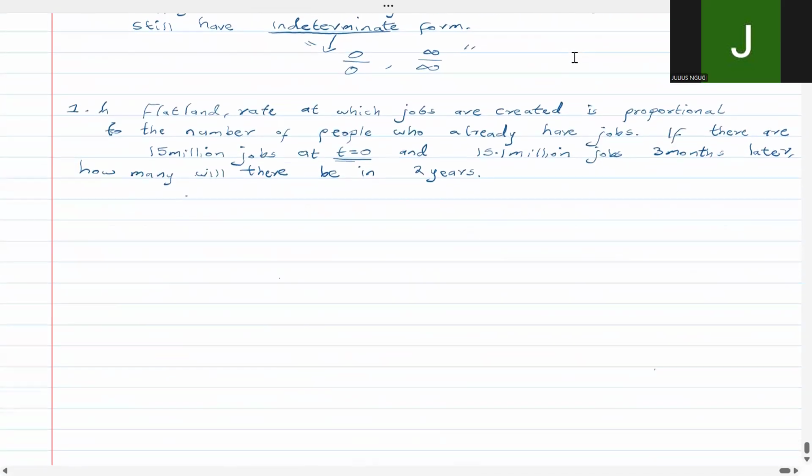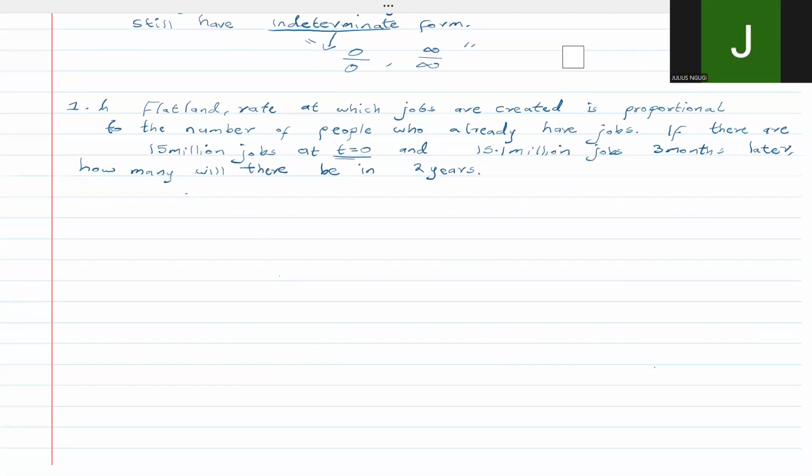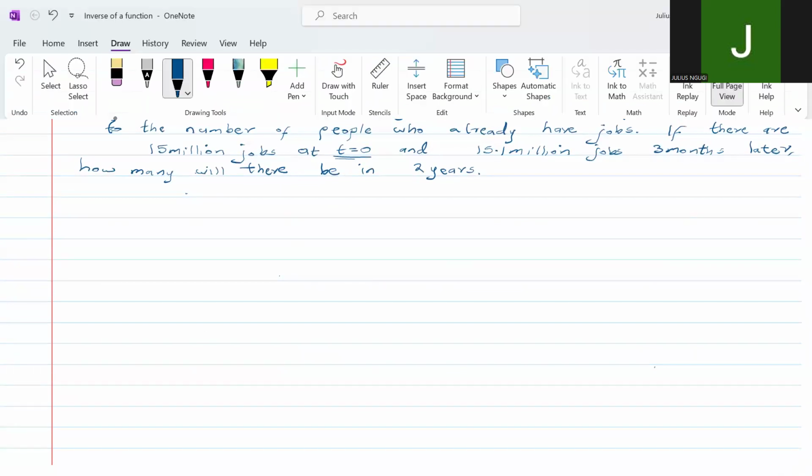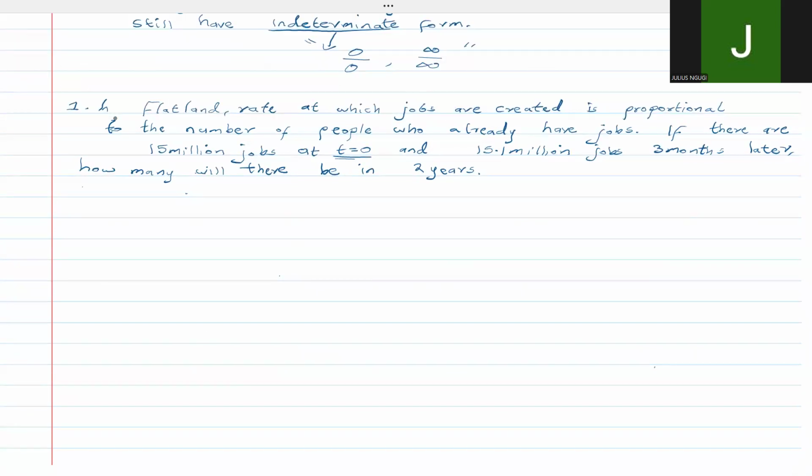So let's start the recitation with question number 1, which involves relative growth rate. So this one, we start by reading: in Flatland, the rate at which jobs are created is proportional to the number of people who already have jobs. If there are 15 million jobs at t equals 0 and 15.1 million jobs 3 months later, how many will there be